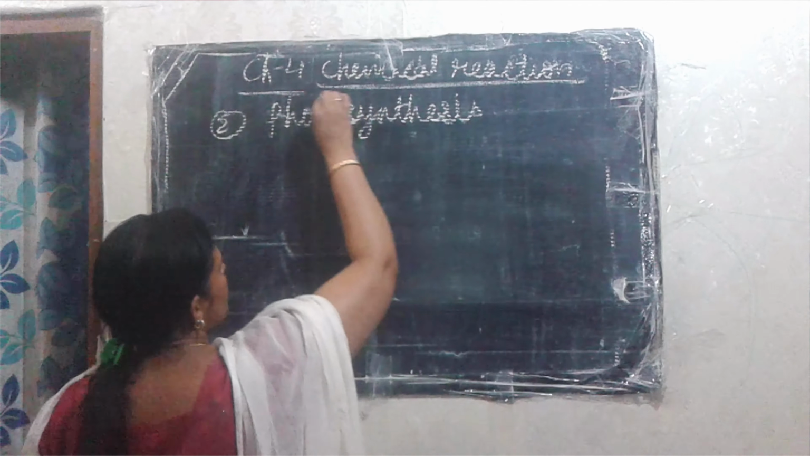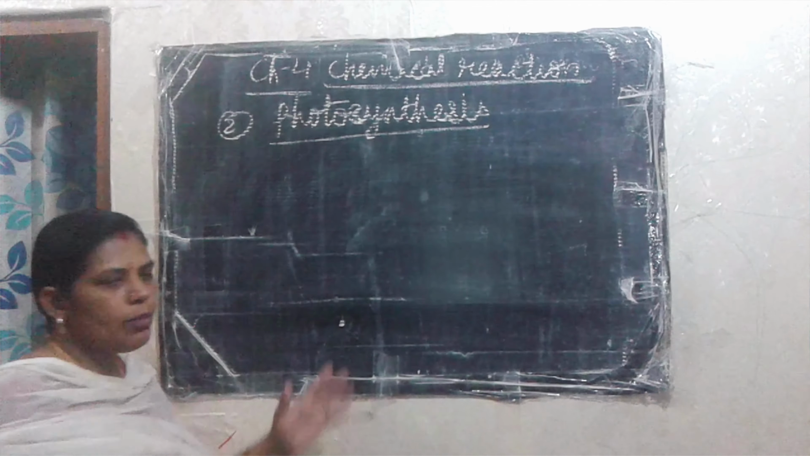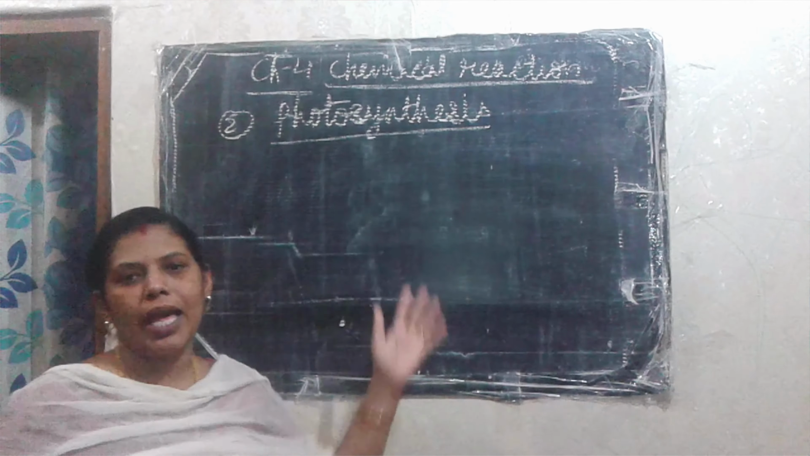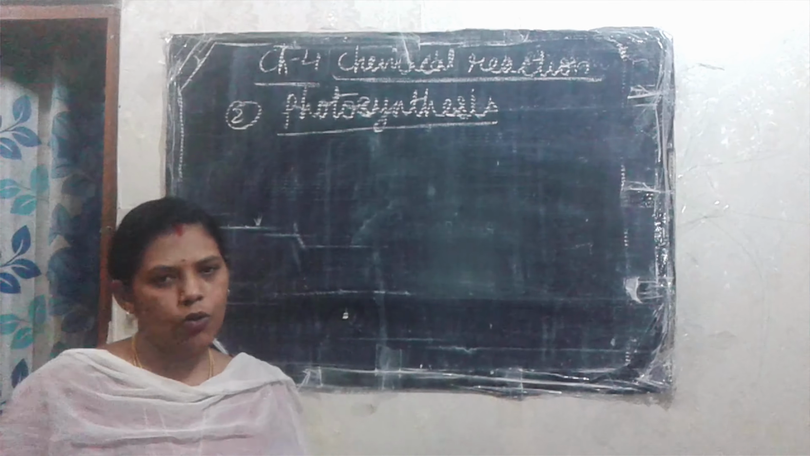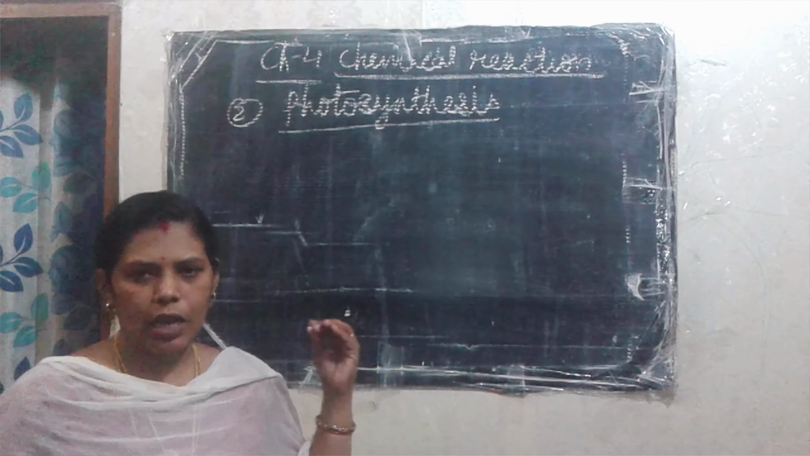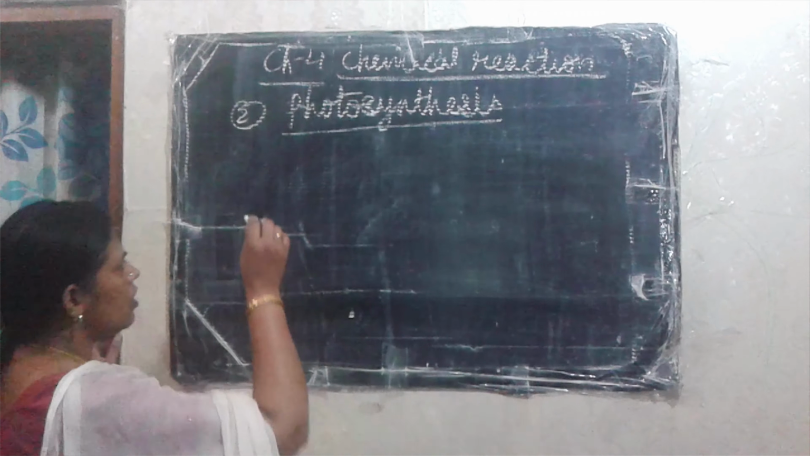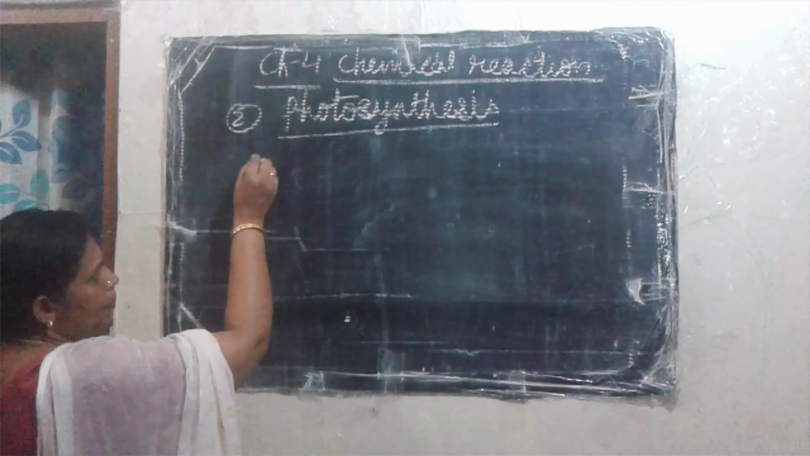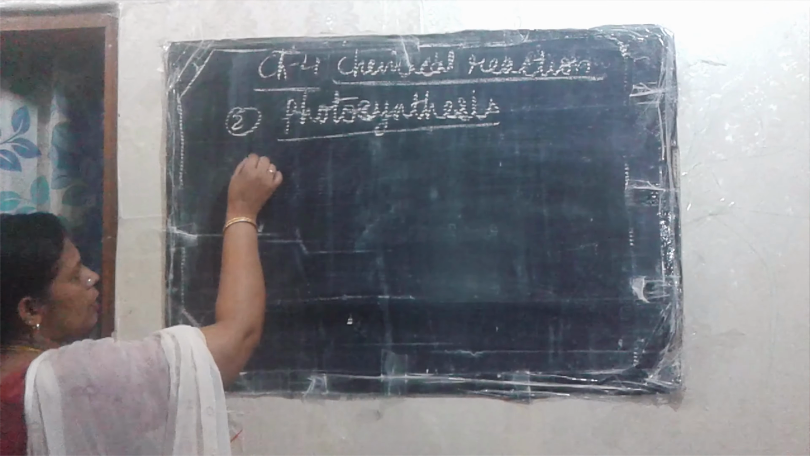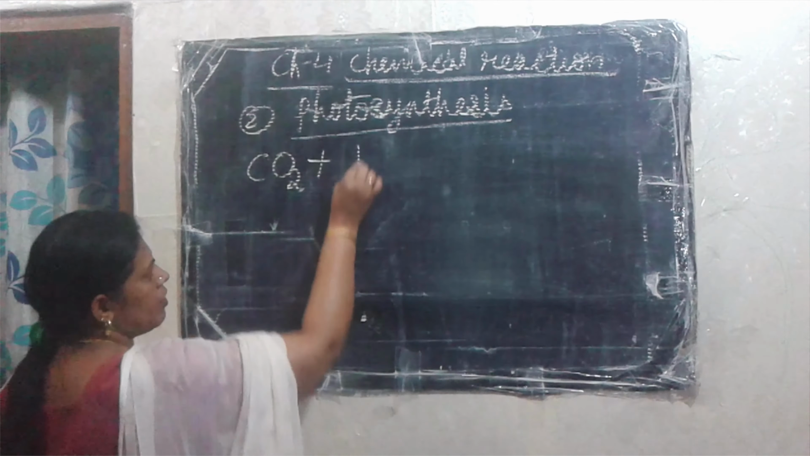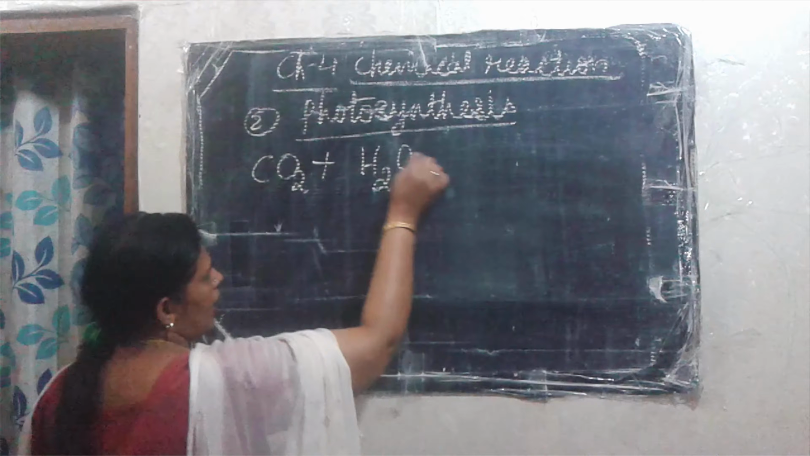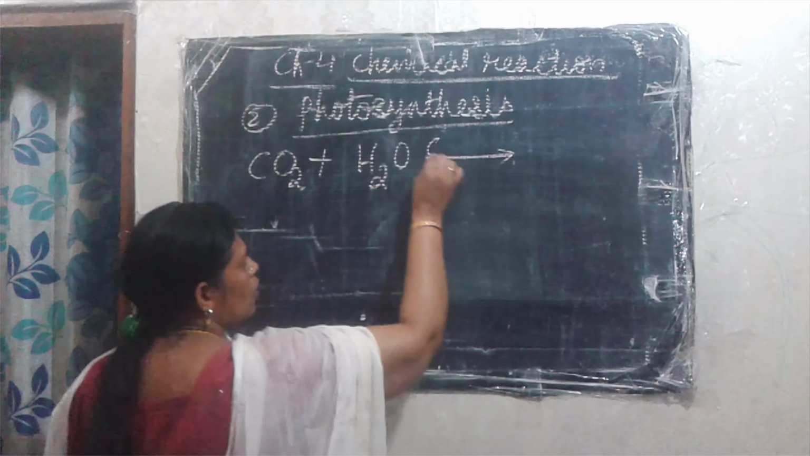So what is photosynthesis, students? That is the method of preparing food by the plants in the presence of sunlight and chlorophyll by using carbon dioxide and water, right? Here the green plants contain chlorophyll in them. So carbon dioxide plus water, and then in the presence of chlorophyll,